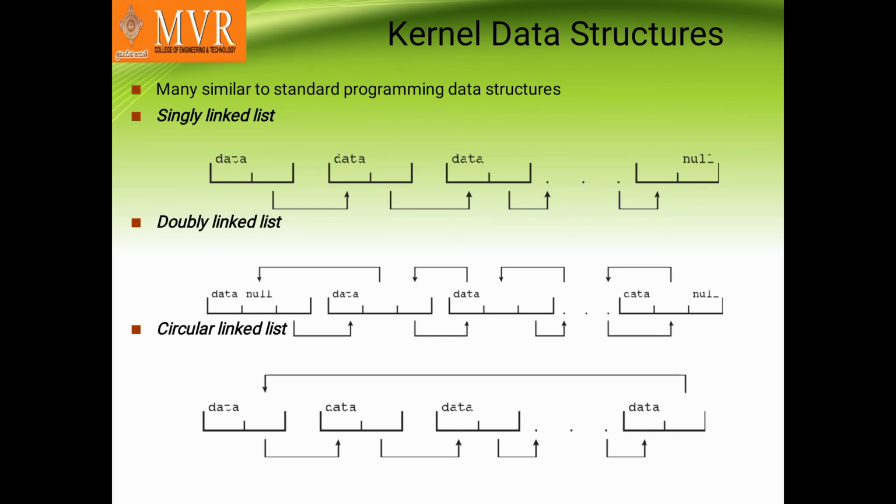Here the kernel data structures. In the kernel data structure, there are three linked lists: single linked list, double linked list, and circular linked list. In a single linked list, each data item is transmitted over a single link. See this picture above, the data is transferred over a single link. Double linked means data can be transmitted to and from, so two links carry the data in both directions. And circular means it rotates from one node to another to transmit the data one to another.